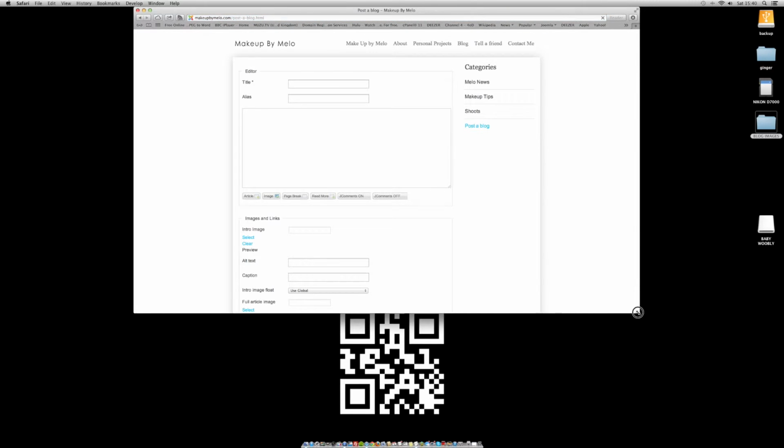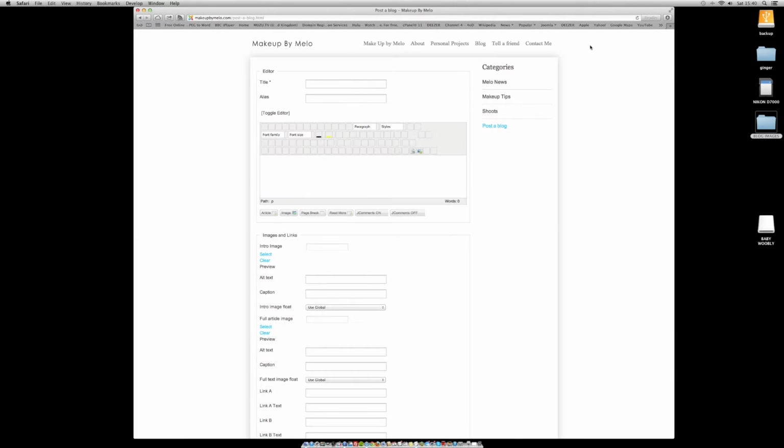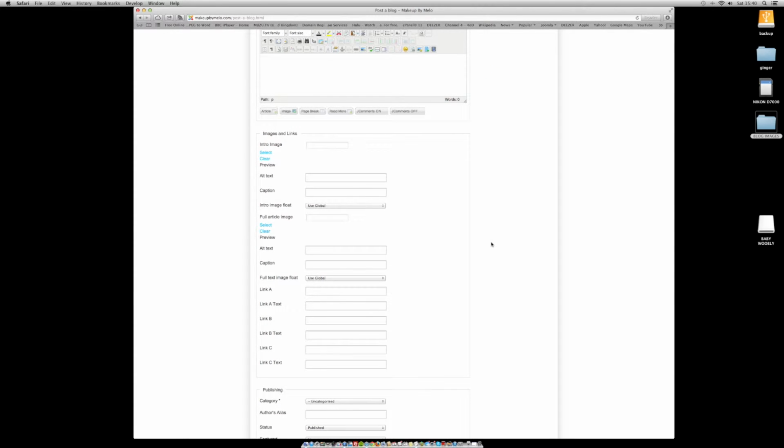Excuse me, and the blog interface will open. On the top here, you have your area for the title of your blog, and then you have an alias field. Generally, just leave that as it is, leave it blank, because the system will do the updating for you. And then as you scroll further down, you'll see other fields